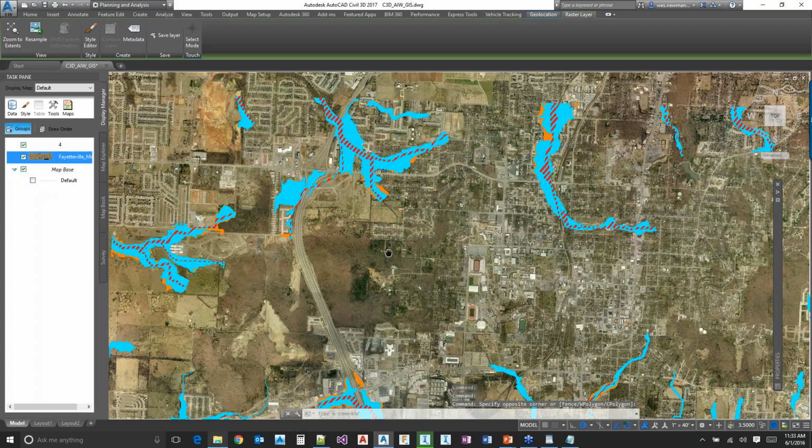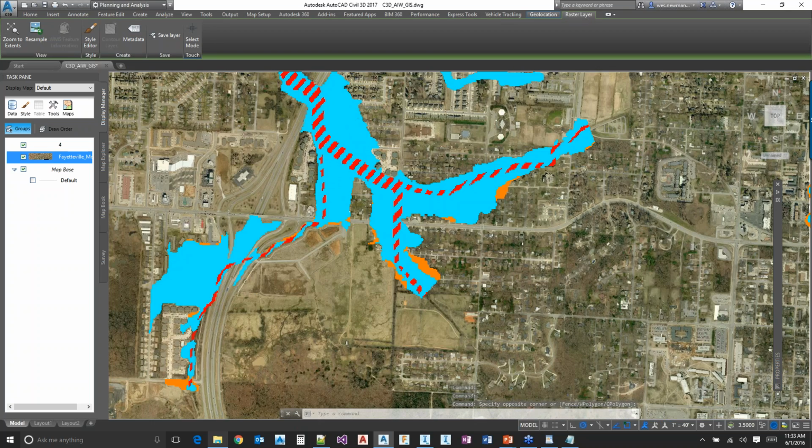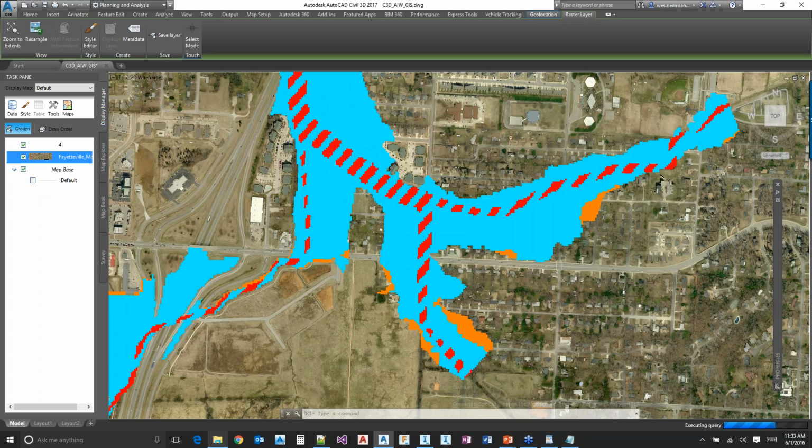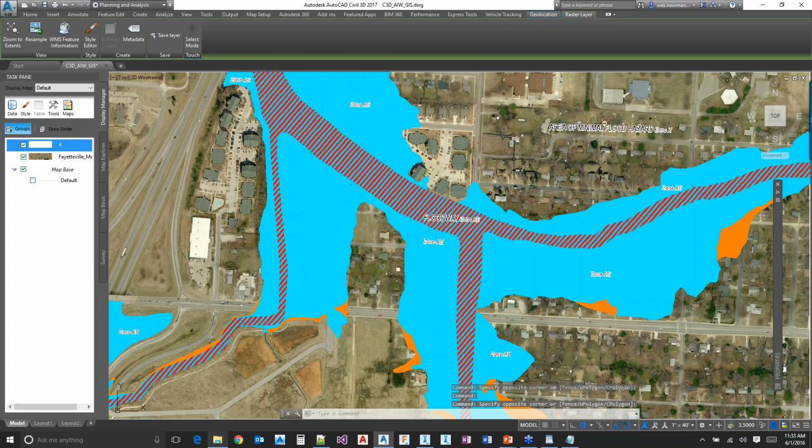As we zoom in here, you'll see this actually will resample itself. When you're zoomed out far, it's just got lower resolution imagery, and you zoom in farther, and it's going to get a little finer. So that's how you bring in WMS files in Civil 3D. Let me show you how to do it in